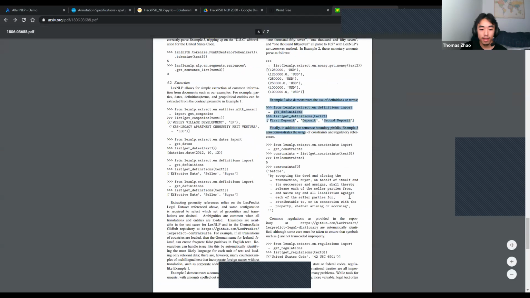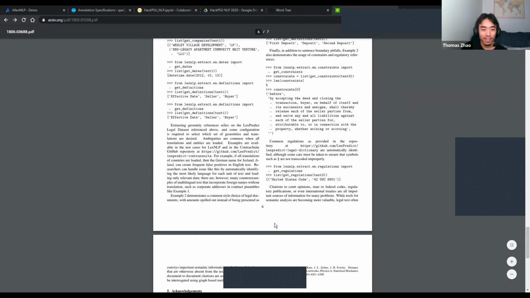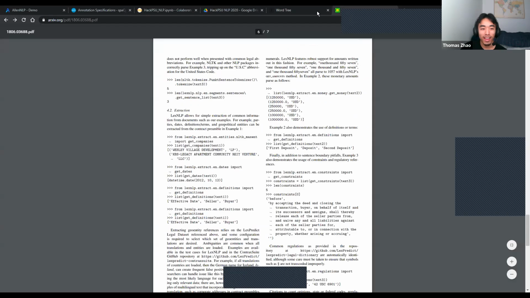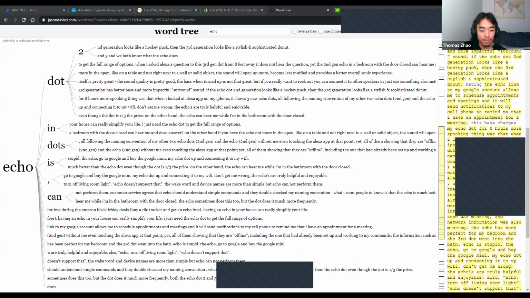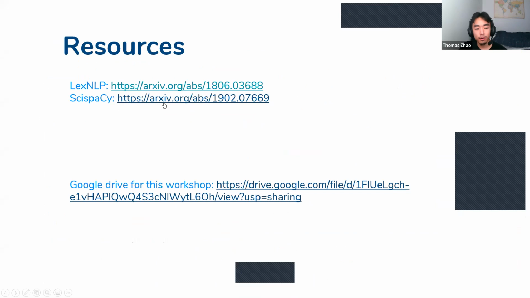They got a lot of cool examples here. And so you can install LexNLP if you're interested in processing legal documents, if that's a valid hack idea. And back to the presentation. There's also a similar thing called Spacy.